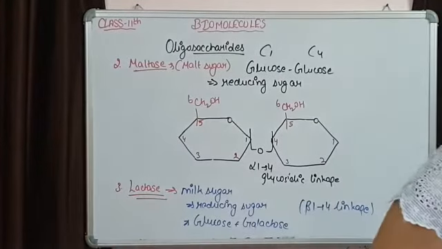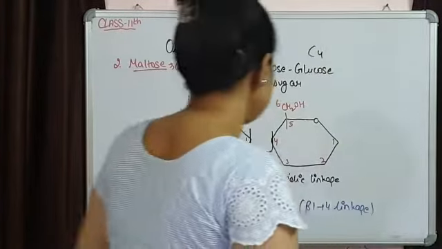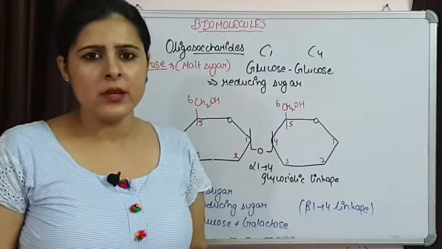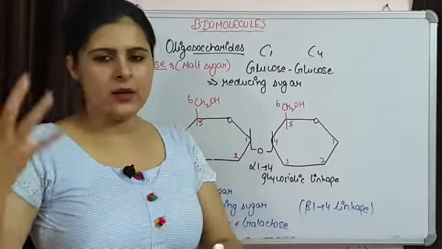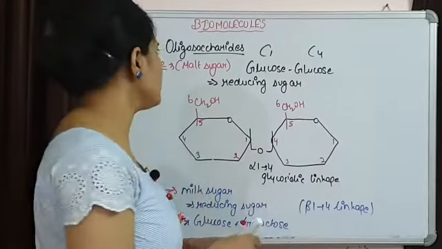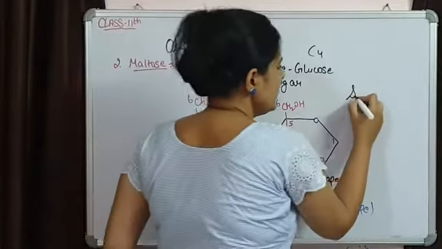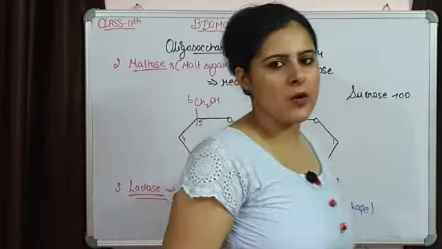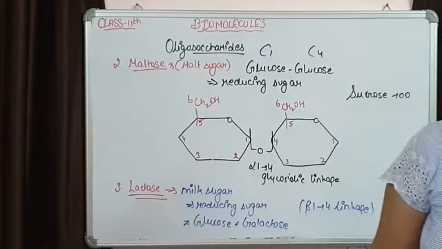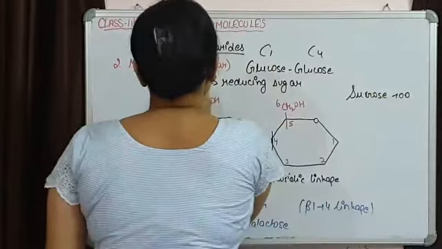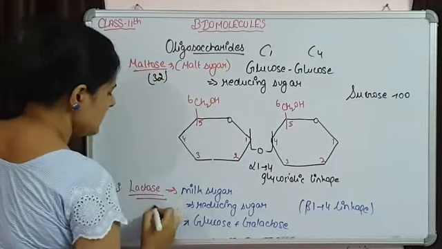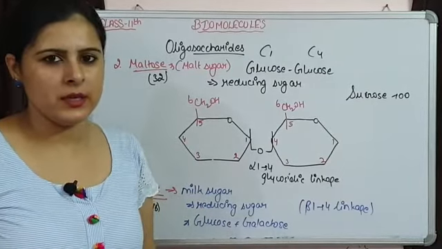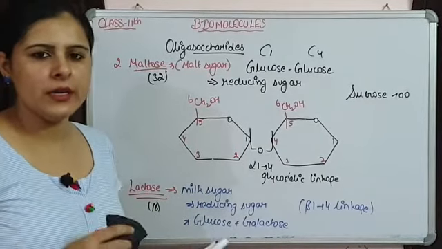Now if we talk about these disaccharides, then they are having a sweetening index. They are sweet and they all are having different sweetening indexes. Say sucrose is having a sweetening index of 100. If we talk about maltose, then maltose is having 32 and lactose is having 16. So different sweetening indexes there. In case of sweetness, they are at different rates.